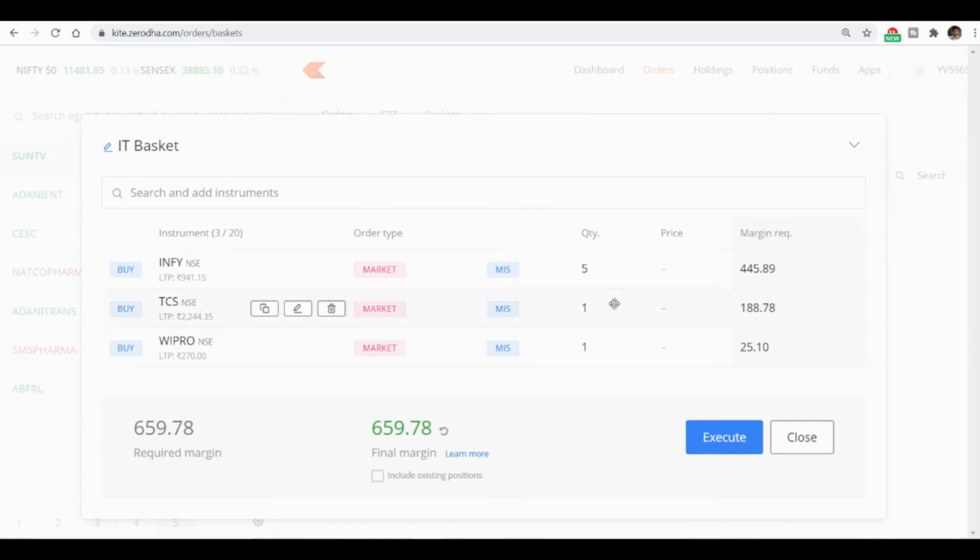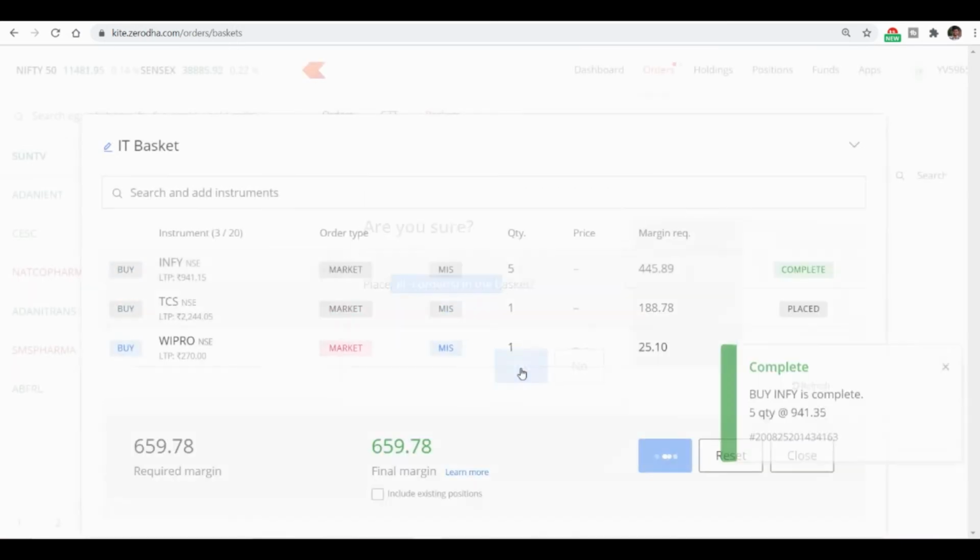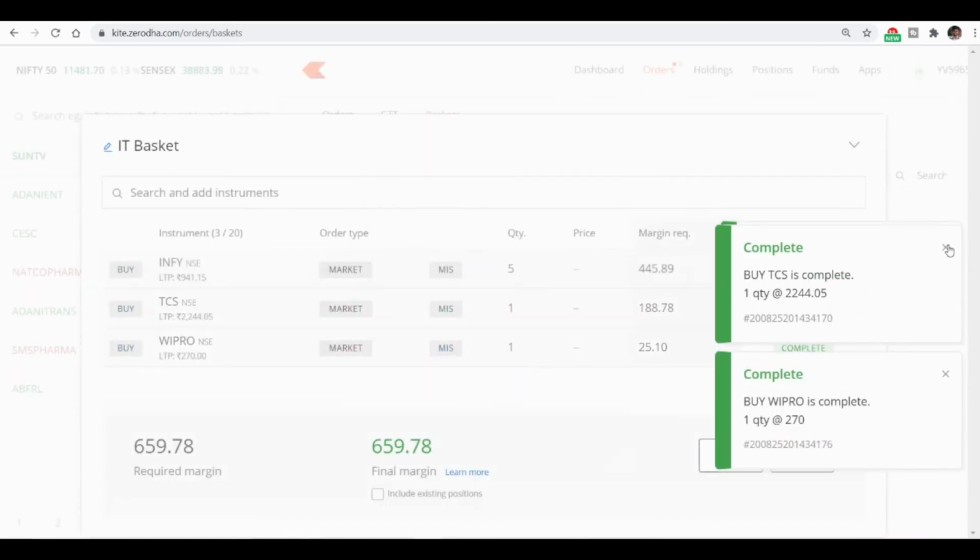So now I'm going to execute this. Still I can add 17 orders, but I'm not doing it. If you want, you can go and search and add. Just for demo purposes, I'm showing this. It asks, are you sure, place all 3 orders in the basket. Go and click yes. So all these orders are executed and will display in my positions and